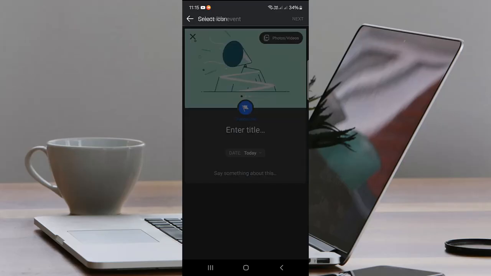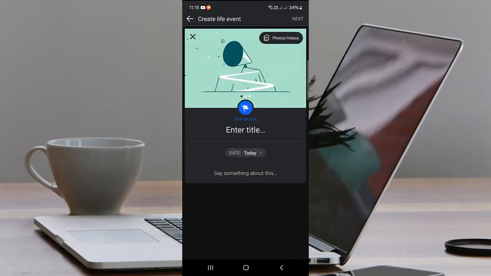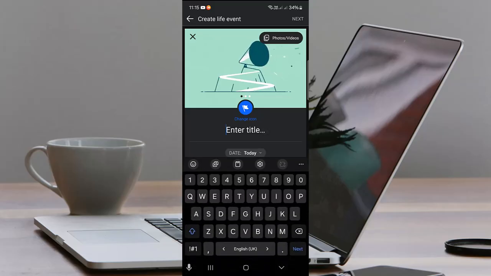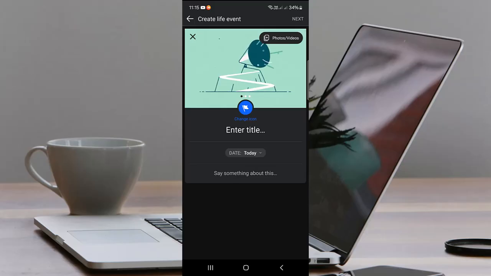And here you can change the icon, like any sort of icon you can look for or create. You can give it a date and give your title and say something about your event. And once you are done, just tap on next and your live event will be posted on your Facebook. So yeah, this is how you can